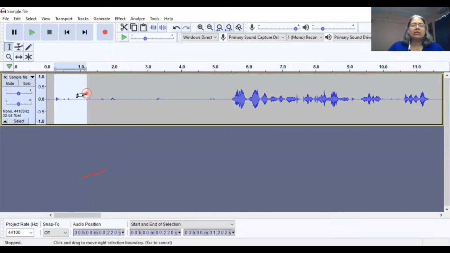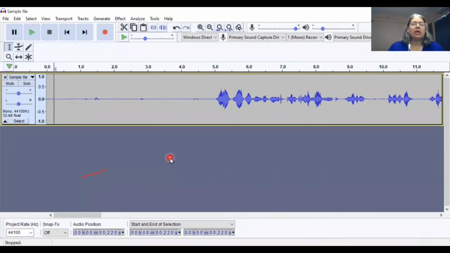Drag it back and forth to select just what you want, and on the keyboard we have the delete button, the usual delete button. We can use that. I'm going to use that now, not the screen edit menu. I have deleted it from my keyboard. So you can use either the keyboard button delete or the edit menu delete to remove all these little specks of noise that still remain after noise reduction.